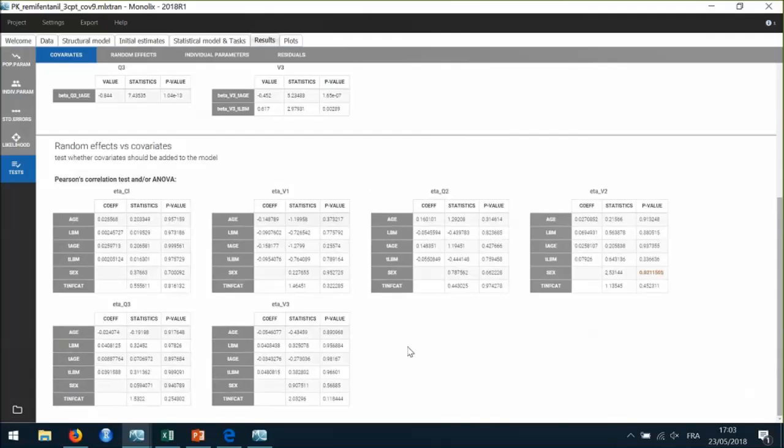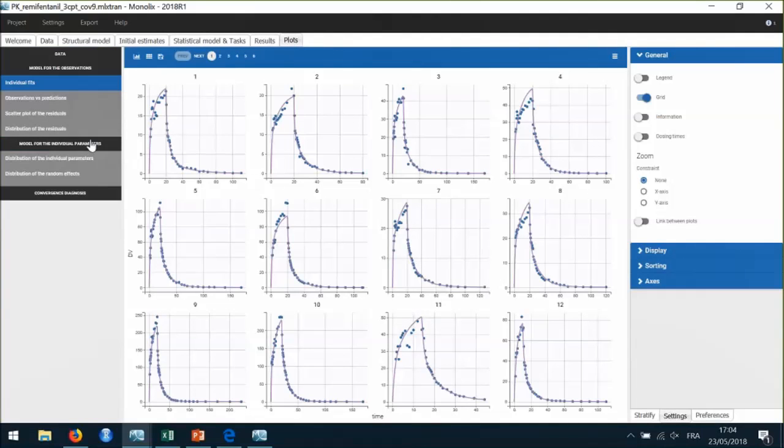Now I will move on to adjusting the statistical model with correlations between random effects. Such correlation effects can also be identified with the diagnostic plot and the statistical test. Let's see in plots. We can find a scatter plot for each pair of random effects here.